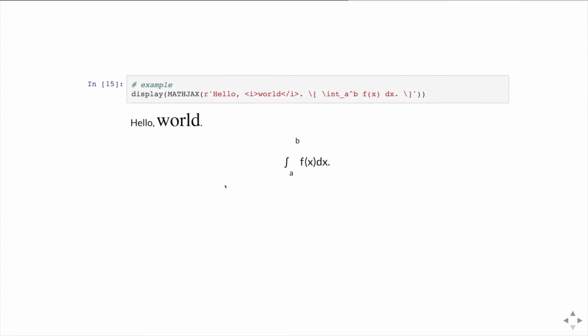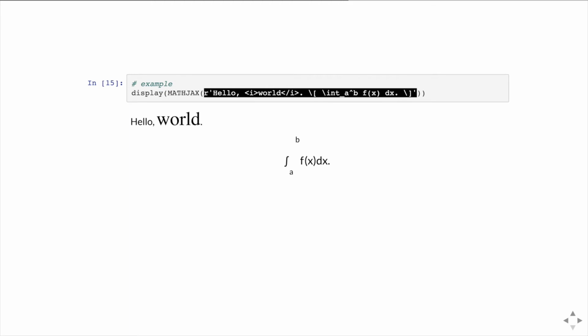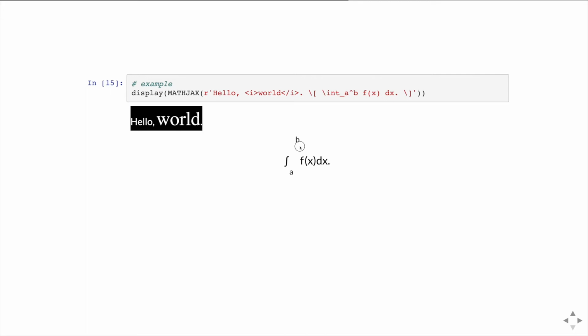So that's just very briefly. How do you use that? You can use this to wrap a string. So here's a string, and we wrap this into this MathJax class. And now the display function requests an HTML representation out of its argument. So this one will return this HTML representation, which doesn't look very nice here in the presentation, but if I